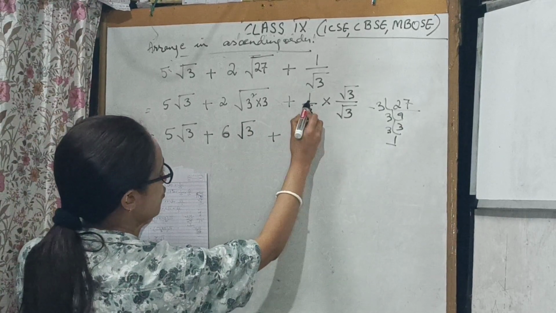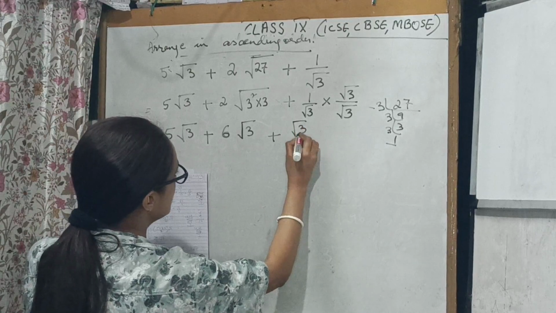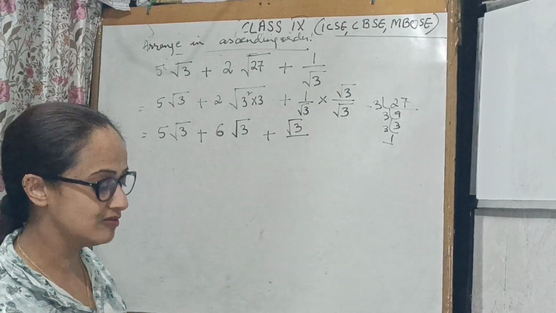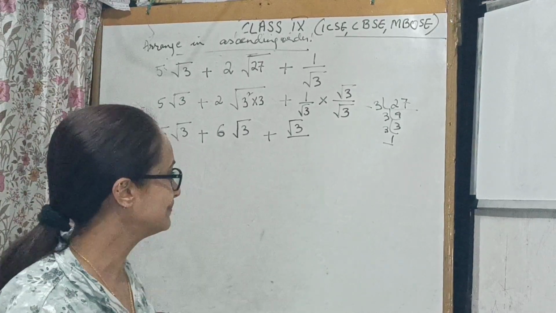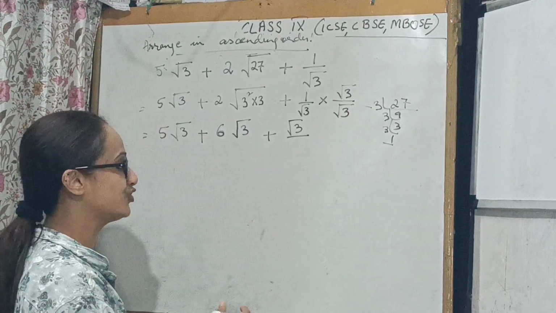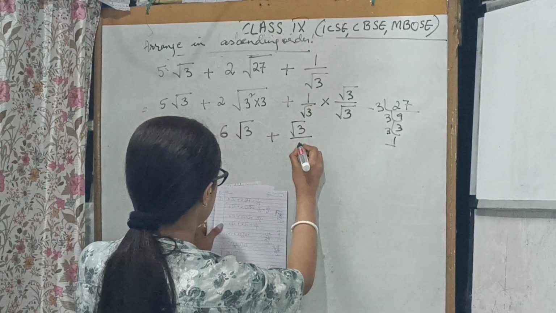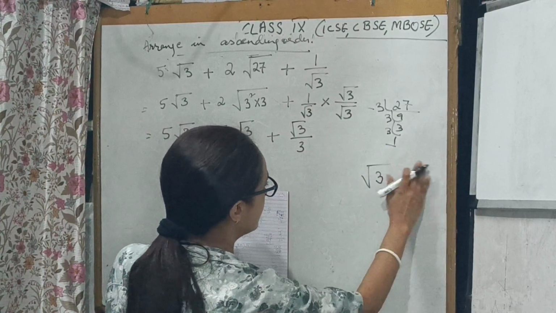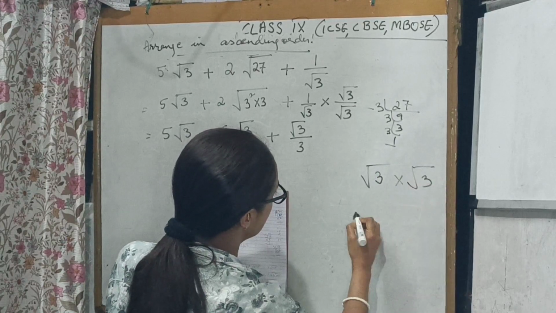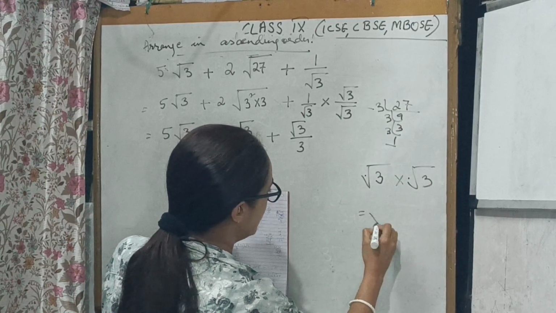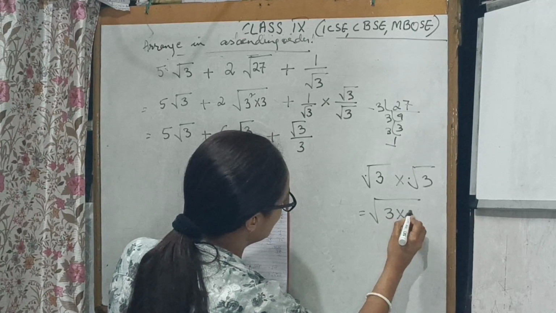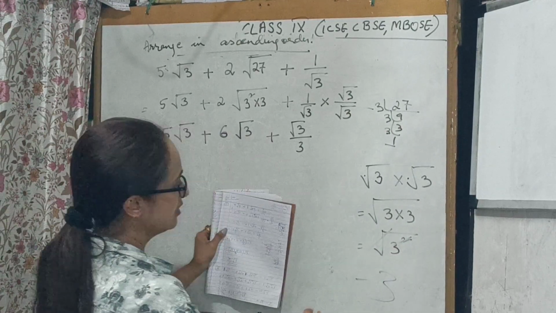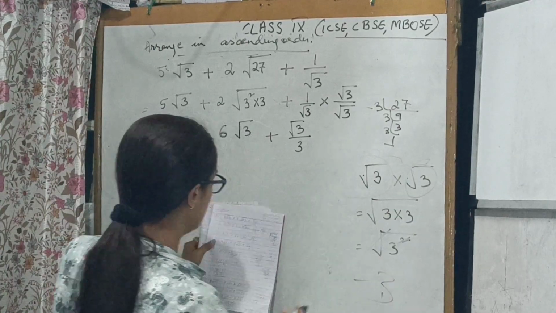And here 1 into root 3 is root 3. Root 3 into root 3 कितना होता है? कोई बोल देंगे root 6, root 9. Root 3 into root 3 is only 3. कैसा होता है? Root 3 यहाँ पे, root 3 यहाँ पे, स्क्वायर रूट एक ही घर में घुसा दो. 3 into 3 मतलब क्या हुआ? 3 स्क्वायर एंड रूट कैंसिल 3. तो वही है, root 3 into root 3 is only 3.